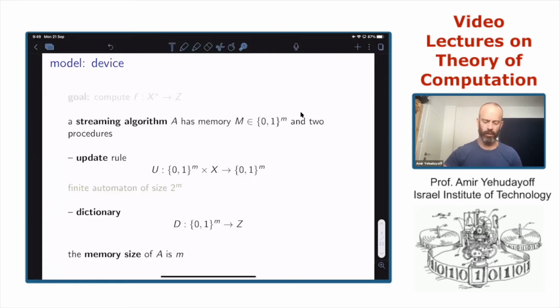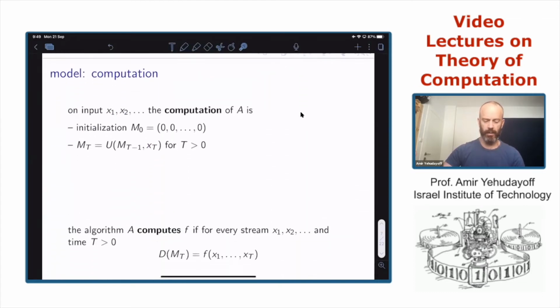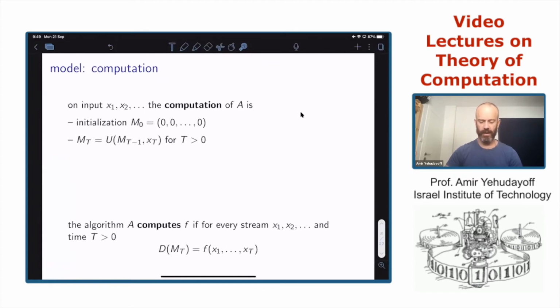Now we are going to explain the functionality of devices. How does a device compute a function? This is the next step. The input to a device is a stream. A stream is a sequence of elements in X: X1, X2, and so forth. And what does the device do?